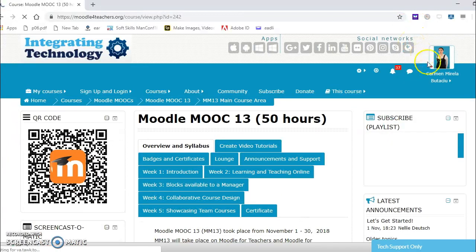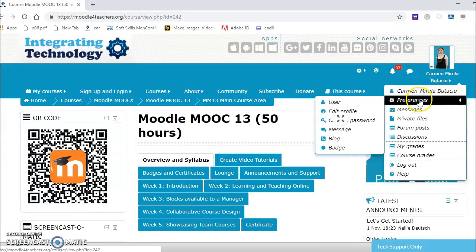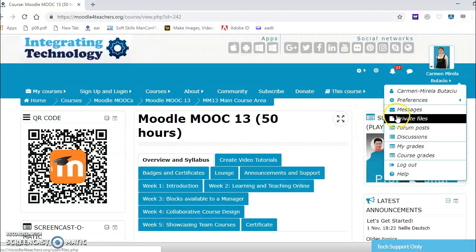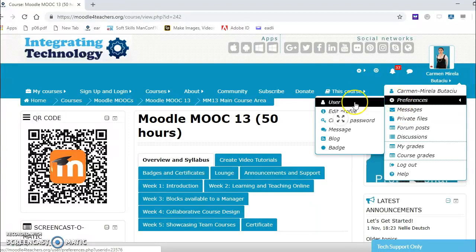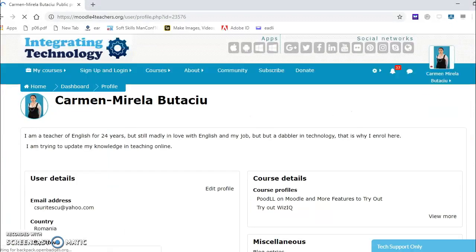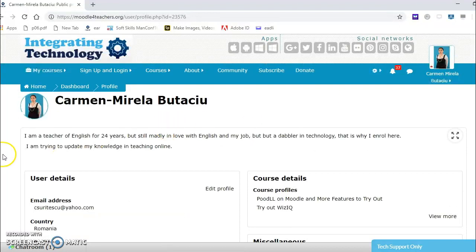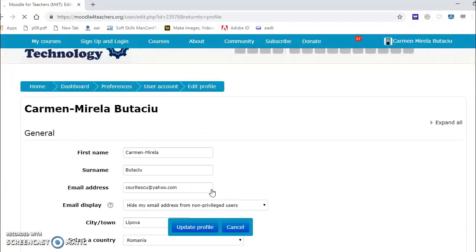Okay, here is my account. Preferences, user, edit profile, change password, messages, blog, badges. I will touch this and my account opens. I have inserted some descriptions about the user profile. With editing profile,